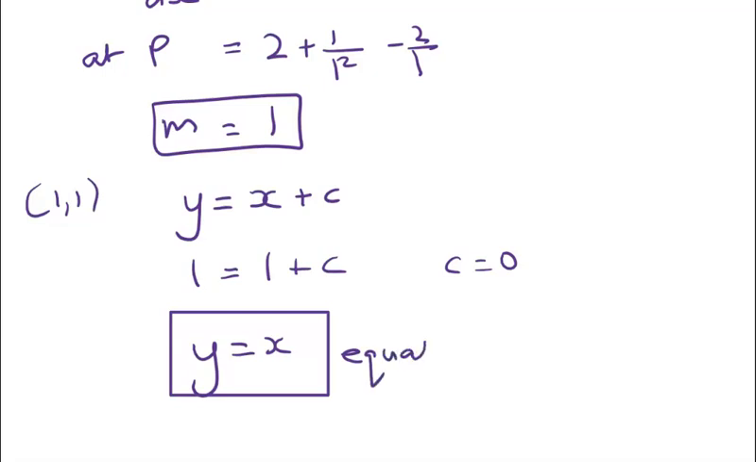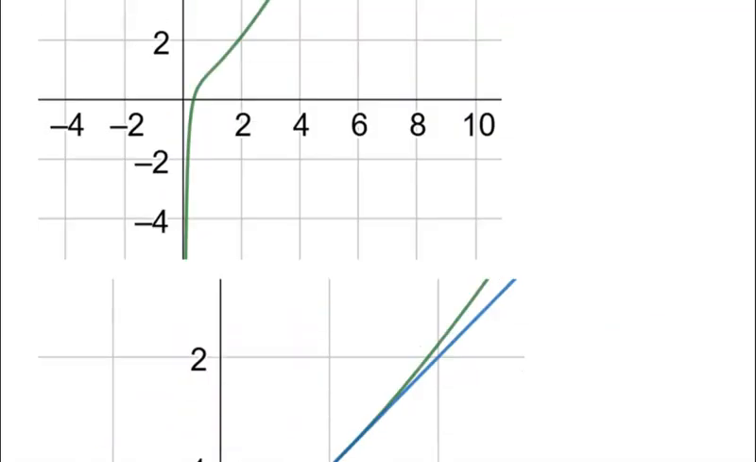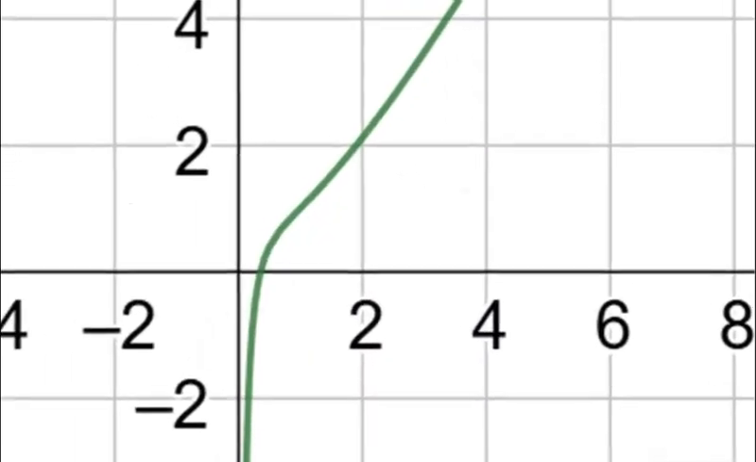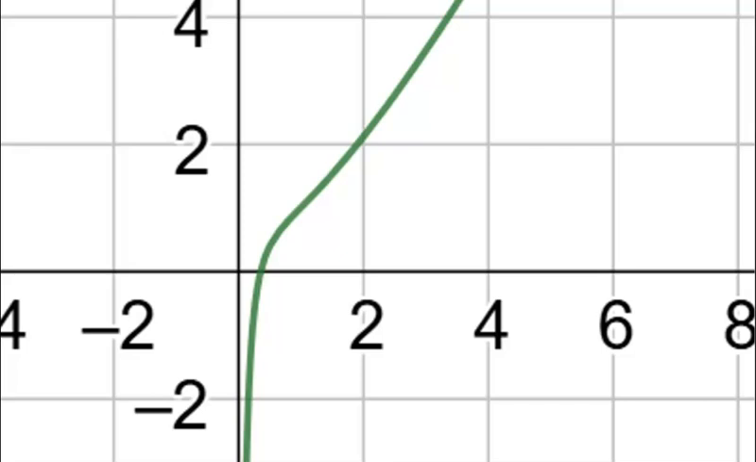But I just want to show you what that looks like on the graph. So that's the equation of the tangent at P. And here it is here. So that's the graph to check. Up here is just the graph of the function. So it's a pretty funny looking one. You have to really zoom in on GeoGebra to see what's going on and that there is a point of